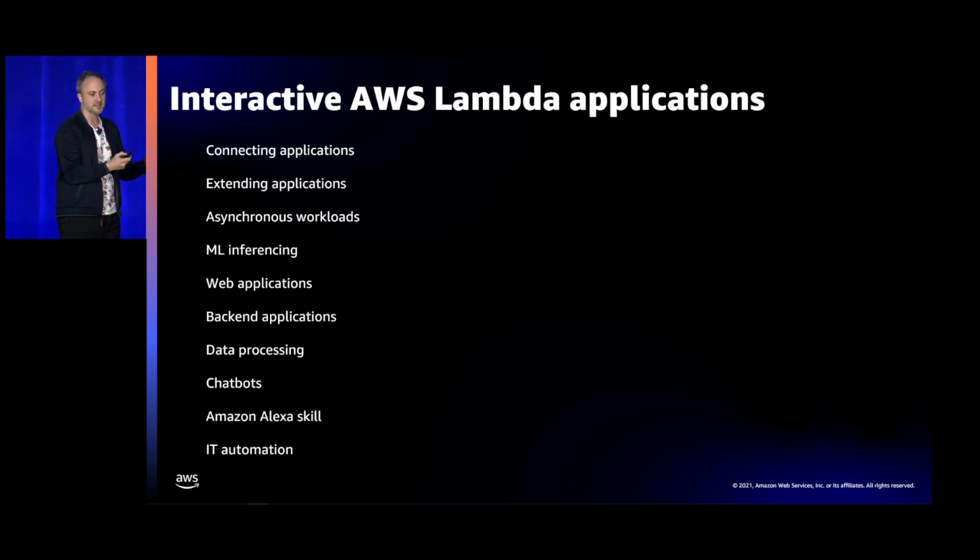It could be extending an existing application. It could be an existing SaaS application that you're using, or an on-prem application, a traditional web application, extending it so that some component of it is serverless. It could be to kick off background asynchronous processes with Lambda as well. Of course, web applications is a massive use case for interactive Lambda functions, and that's the underpinning theme of this session, really. And then there's things like data processing, chatbots, Alexa skills. Alexa is actually the first thing I ever did with Lambda, to make an Alexa skill that helps me track my running stats. And I think Alexa is a really nice way of learning how Lambda works.